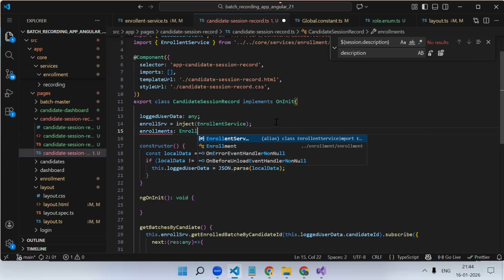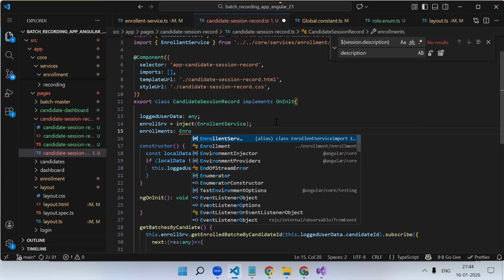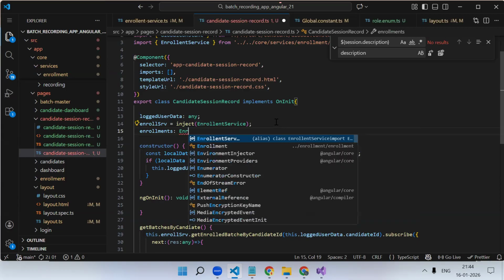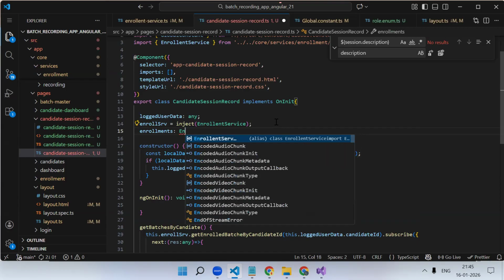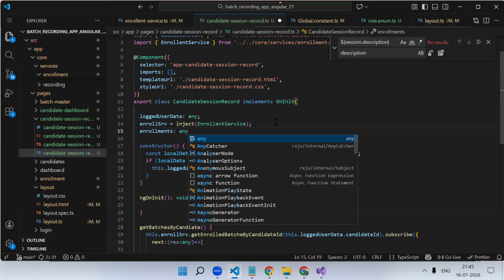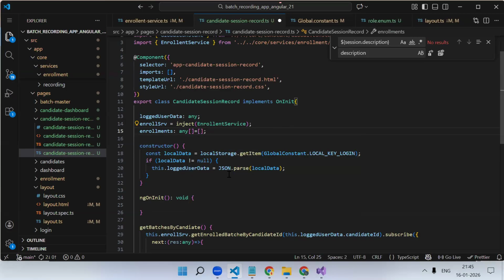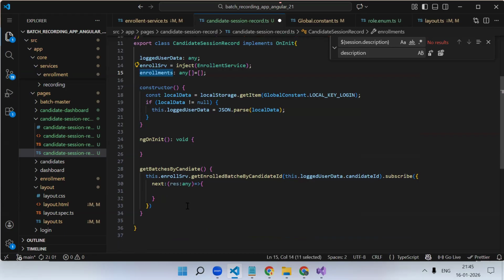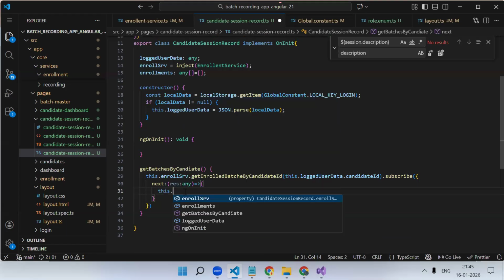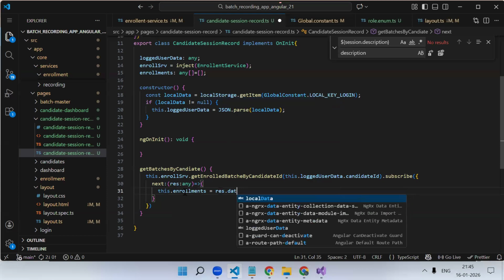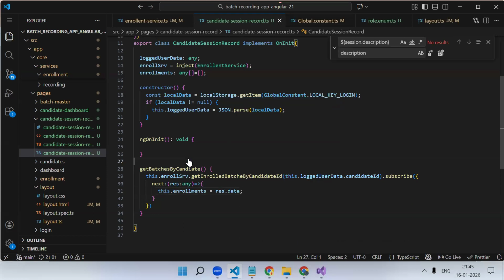Colon. Did we create any interface or class for enrollment? It's not coming. Let's go with any for enrollments. So here this dot enrollment is equal to res dot data. Okay. Now tell me,